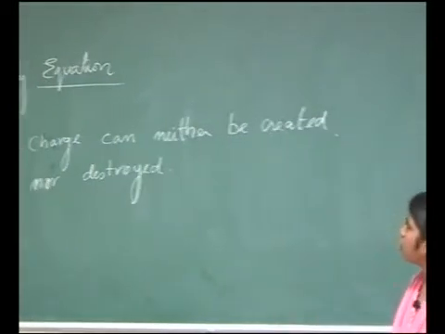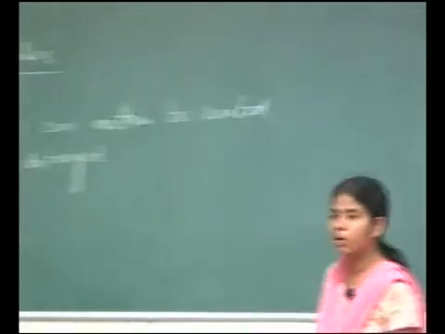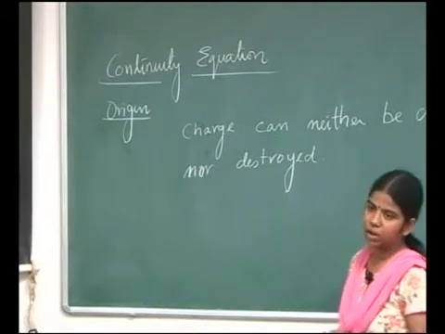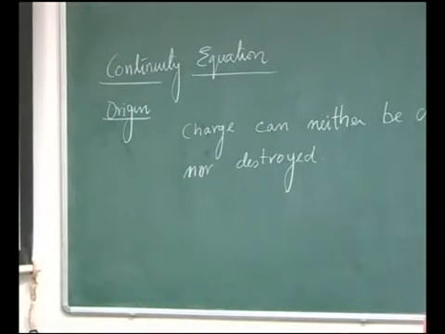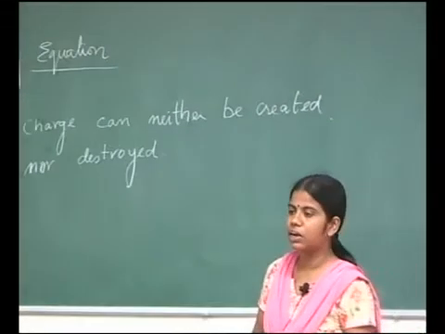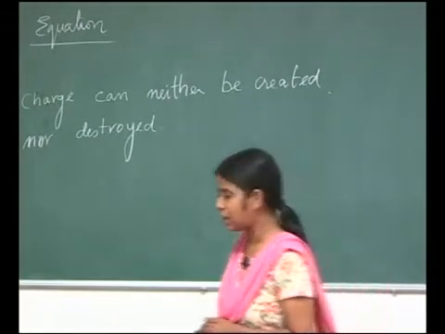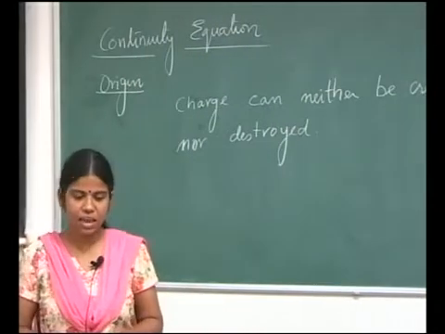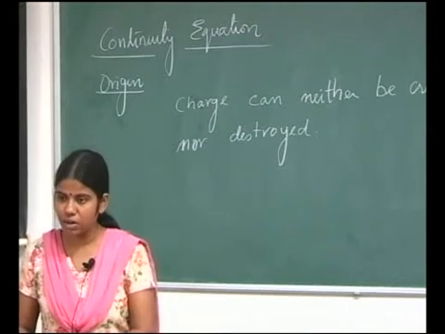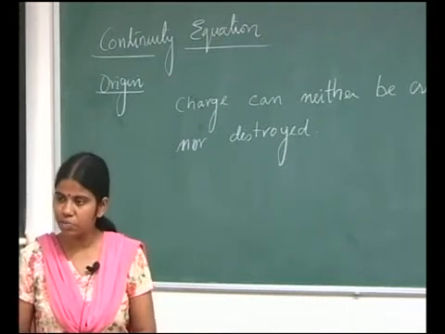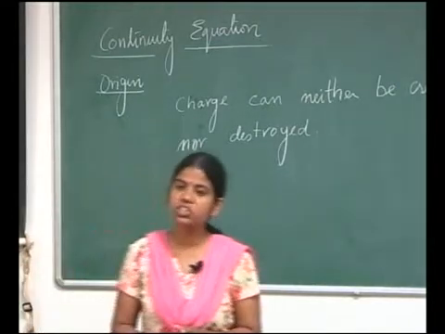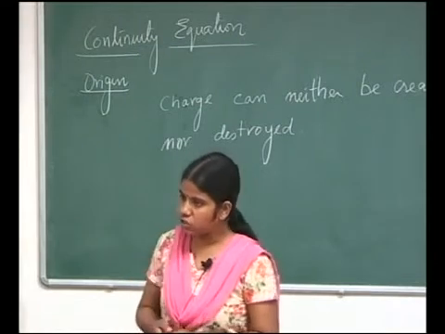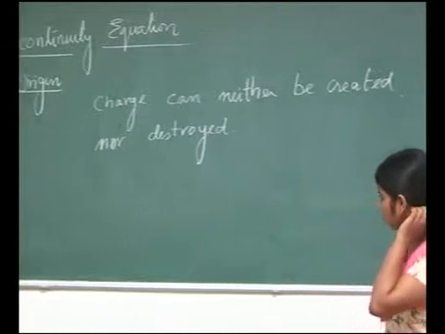When we talk about charge, definitely the continuity equation is going to talk about the electric field, and now we have started to understand that every electrical parameter, whether it is potential difference, electric field, magnetic field or current, all of them are interrelated. There are certain differential type of equations which govern the relationship, the way they behave together, and we call them Maxwell's equations. These equations tell us how all these quantities are related.